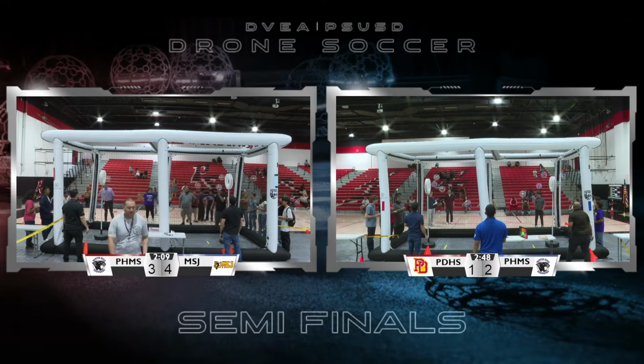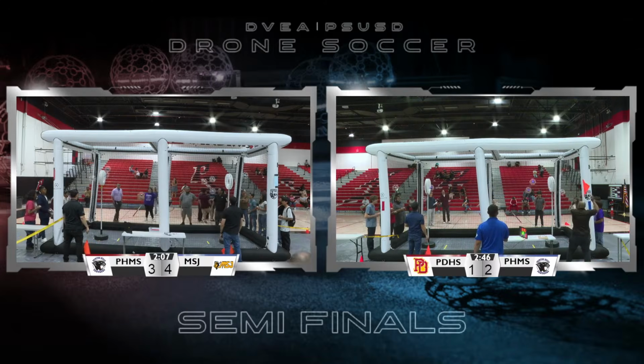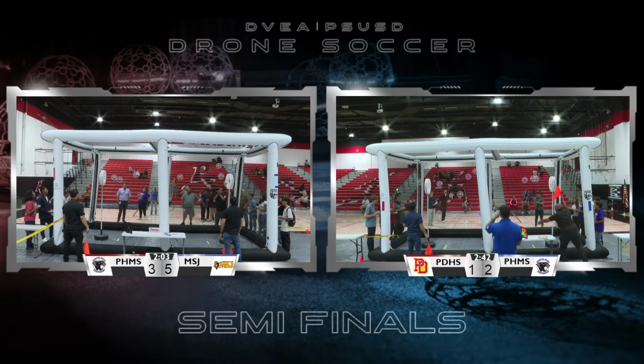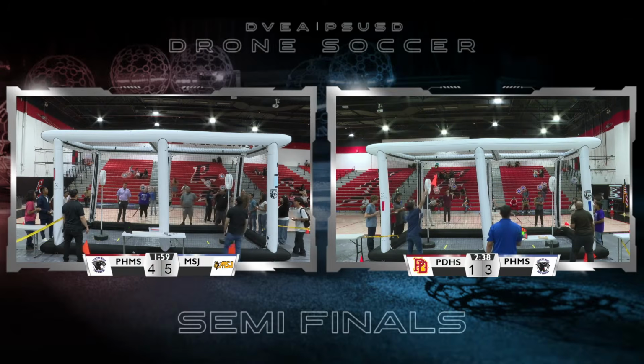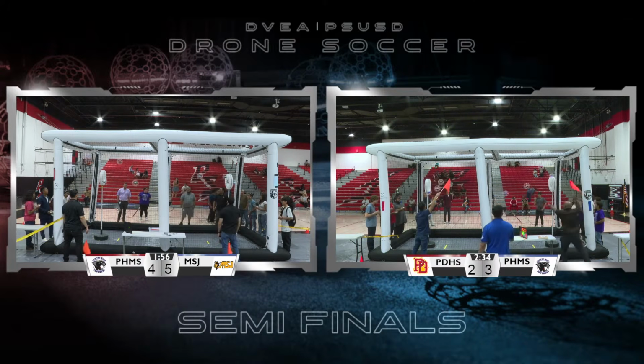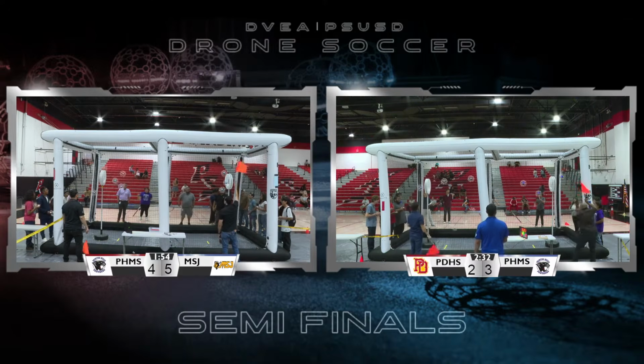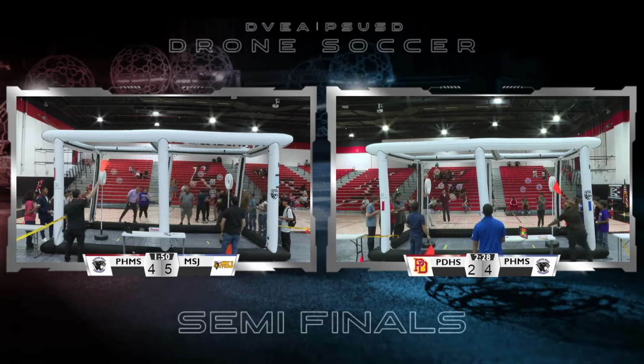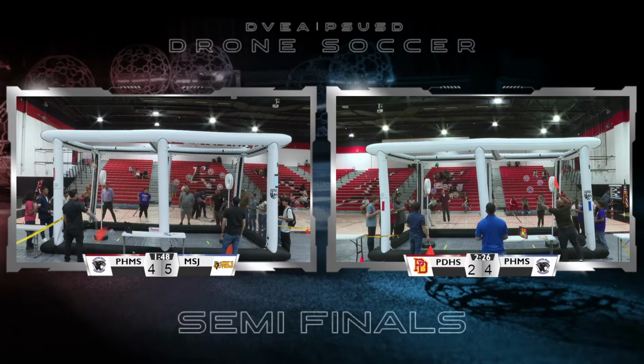That's Painted Hills Middle School against Mount San Jacinto. Mount San Jacinto is up to an early lead, 5 points to 3. Now 5-4, very tight game with 2 minutes left to play. Lots of time left on the clock in this arena. Mount San Jacinto is still in the lead. Oop, now we have a tie game against the Painted Hills Middle School, coming in at the #1 seed.